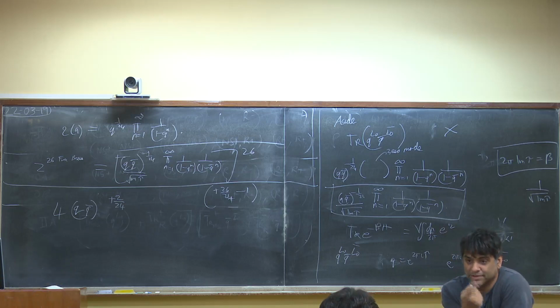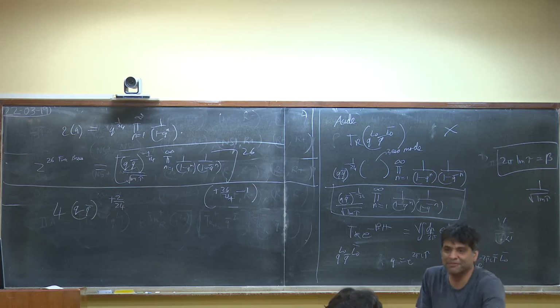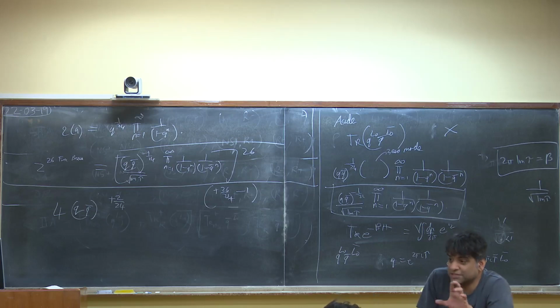what boundary conditions do we use in the time circle? But there are no options. We have to do the same that we do for every bosonic field, because B and C, for instance C, came from diffeomorphisms, which were periodic around the time cycle. So when we compute the partition function over the BC CFT, we have to compute it using periodic boundary conditions for B and C over the time cycle.